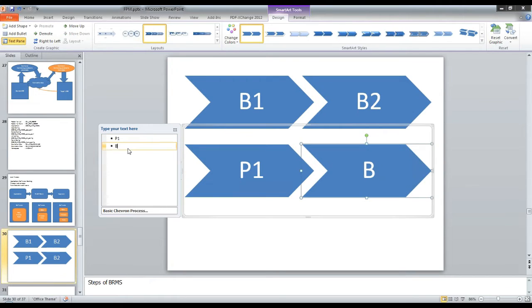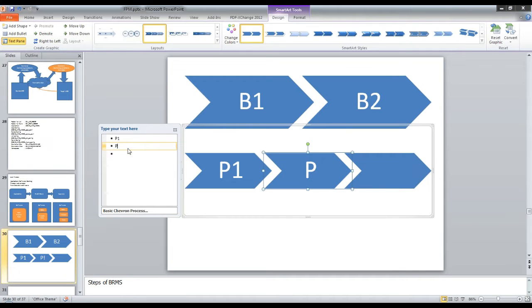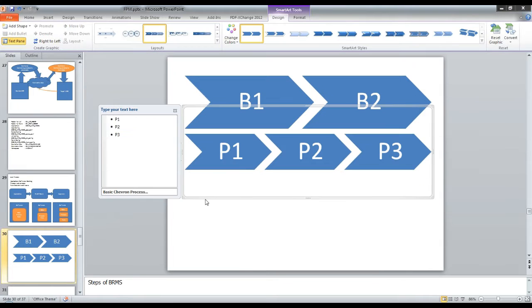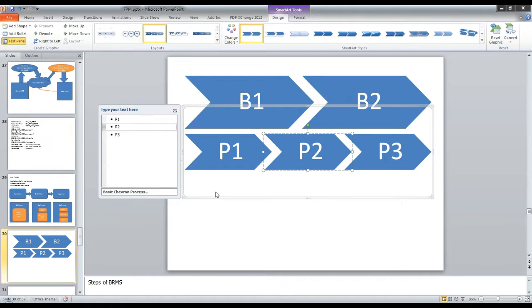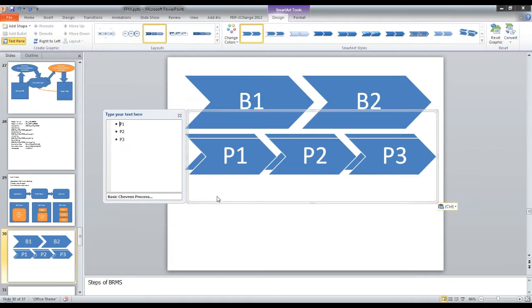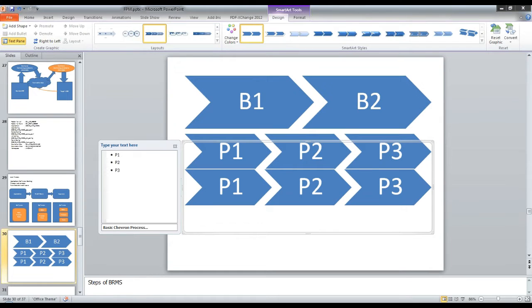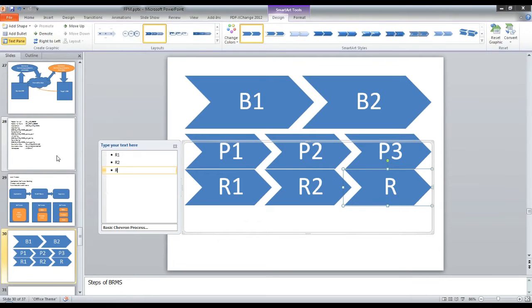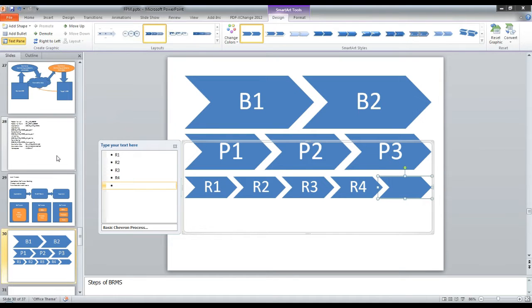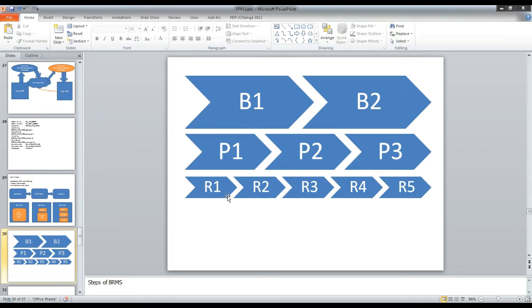So process 1, process 2, process 3. So that also changes over a 6 months period. But when it comes to rules within the same frequency of cycle, what you would see is rules are changing so frequently, based on every day. So today you are using rule 1, tomorrow you are using R2, next day you are using R3, next day R4, next day R5. So these business rules within the same period of time are changing very frequently.